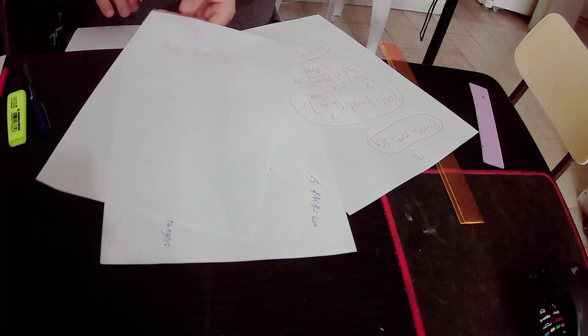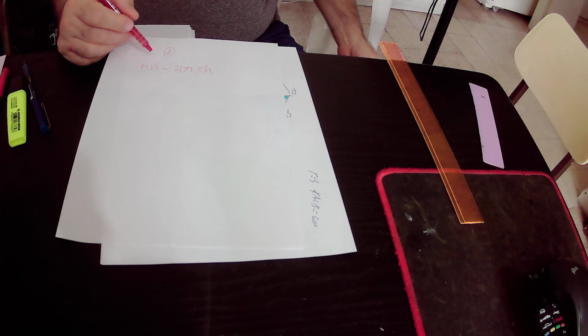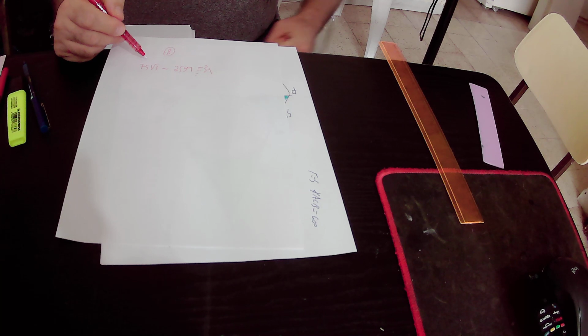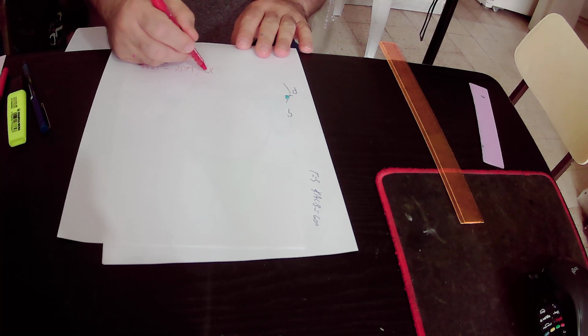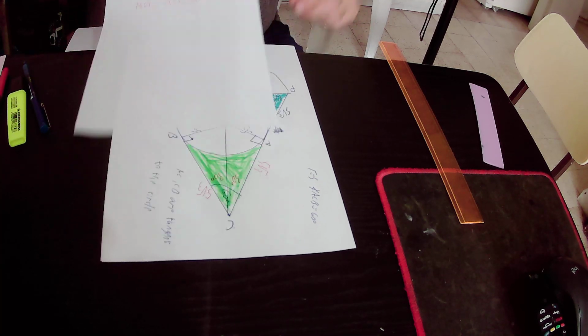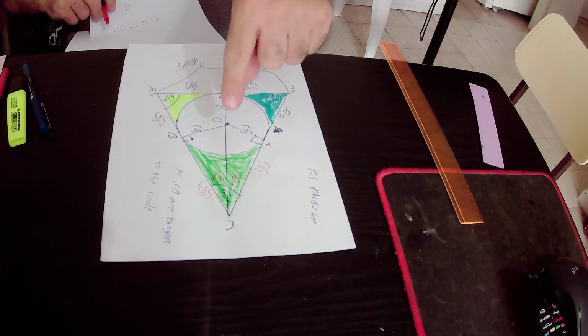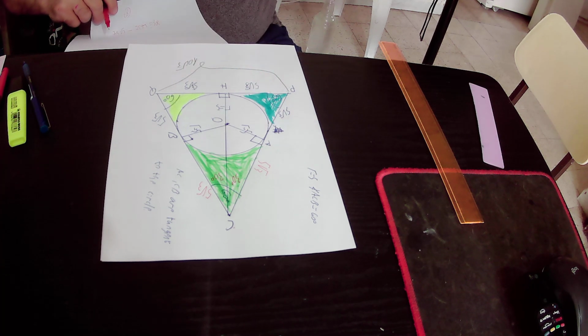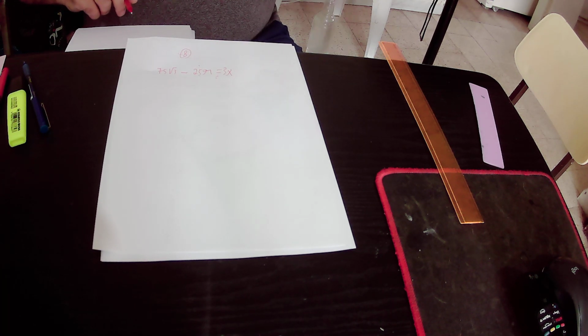Again, the area of the triangle CPQ minus the area of the circle equals 3x. The area of the triangle minus the area of the circle equals the areas of the three shapes, so it equals x plus x plus x. It equals 3x, and we want to find only the value of x, that is the area of